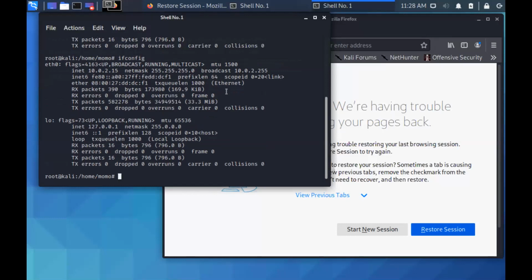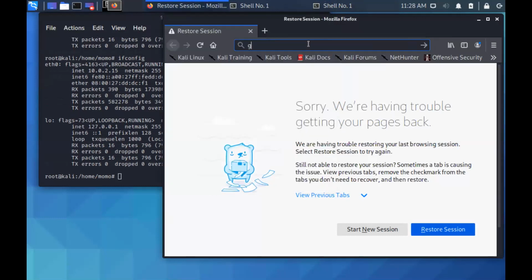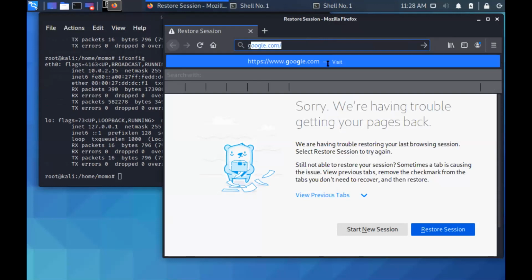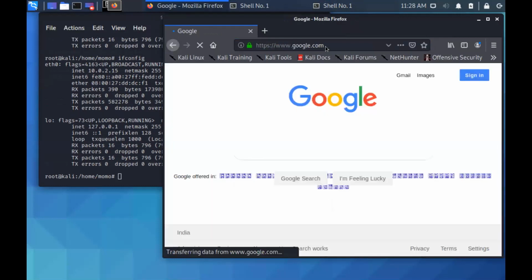Open your Kali, there you try to open the browser. This browser is Kali only. Open the browser. Open here YouTube, anything. Open Google. You are getting Google because 10.0.2.0 is your NAT network, and that is redirected to your